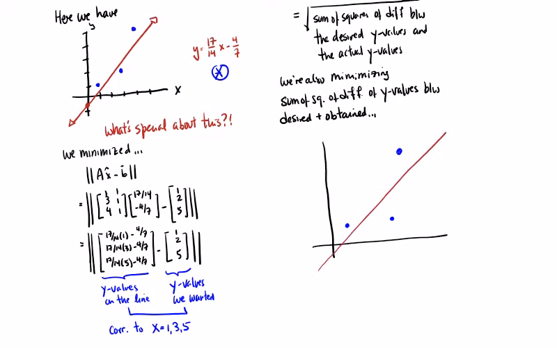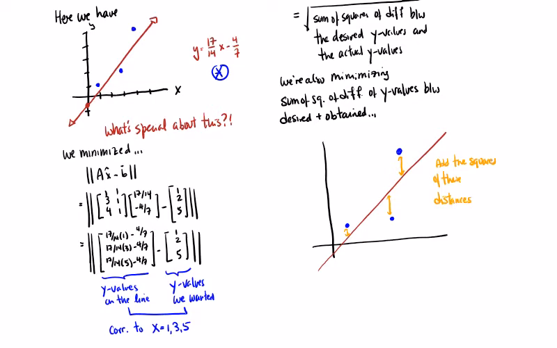Imagine you started taking vertical distances. You took this distance, and this distance, and this distance, and you square them. So if you add the squares of these distances,